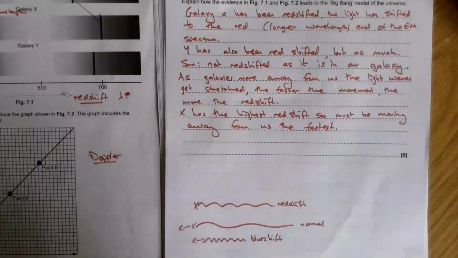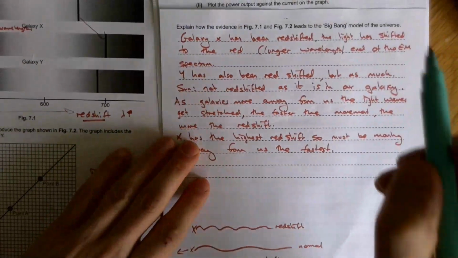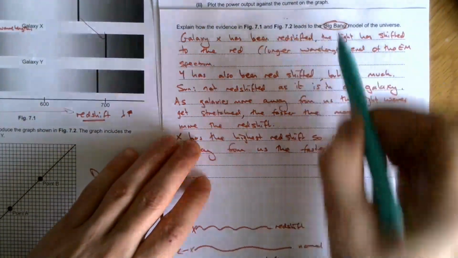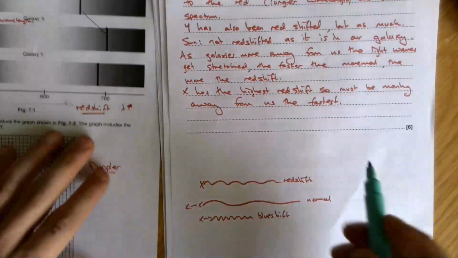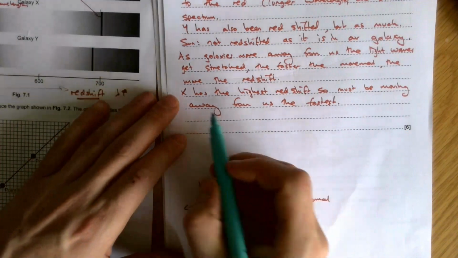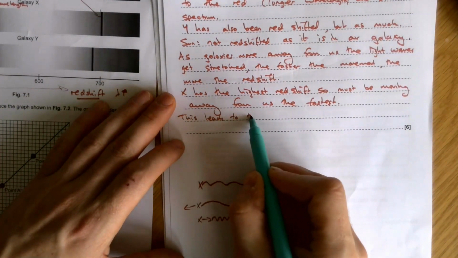Is there anything else we need to do? We're just going to read the question one more time and see if we've missed anything out. So hopefully you've spotted that we haven't really answered this question. We haven't mentioned the Big Bang once. So how does this lead to the Big Bang model? So this leads to the Big Bang model